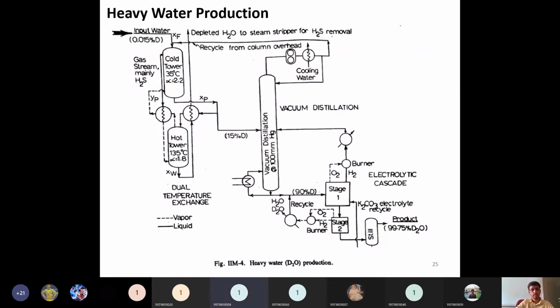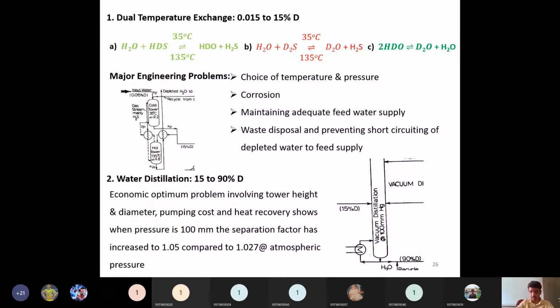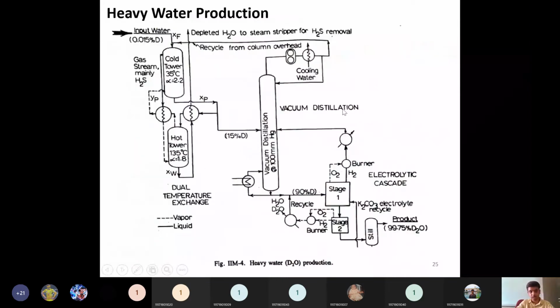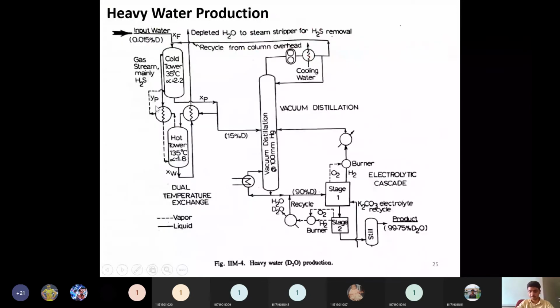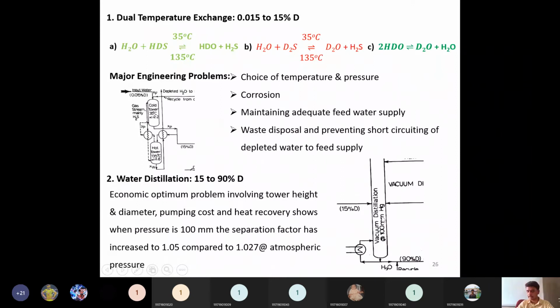Clear, sir. Okay, then the flow sheet. Don't get confused. You don't have to explain it in great detail. You just draw this flow sheet, a big flow sheet, and try to explain each and every part. This method is separate, this method is separate, the burner method is separate. So all the four processes are there in the flow sheet. That's why, for your understanding, I have broken down this flow sheet into many parts.